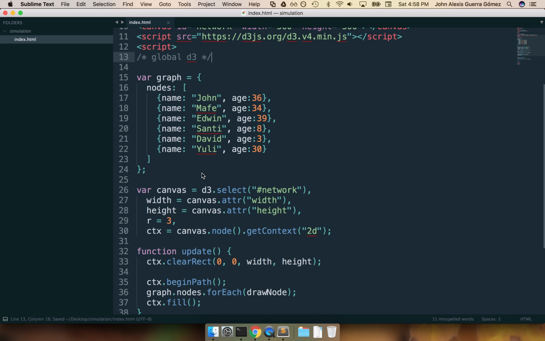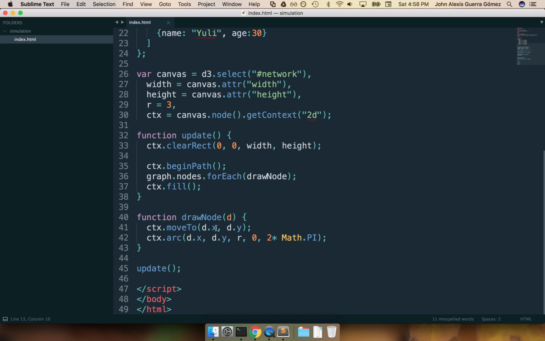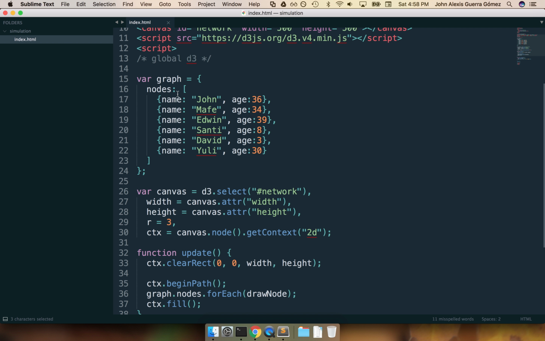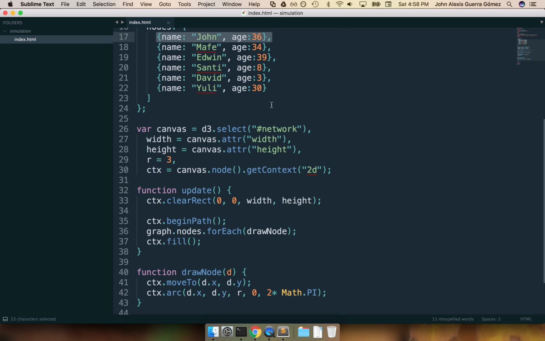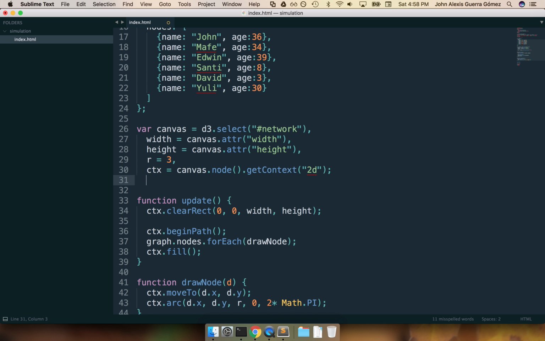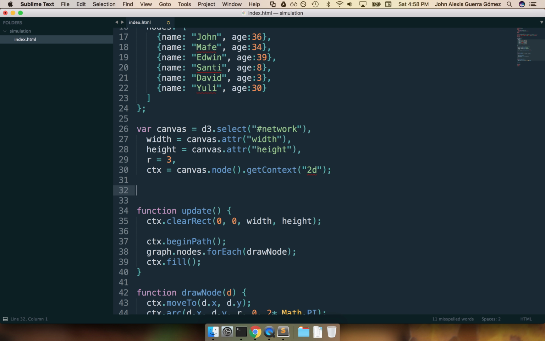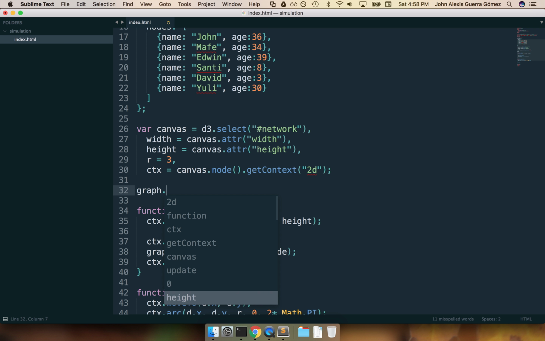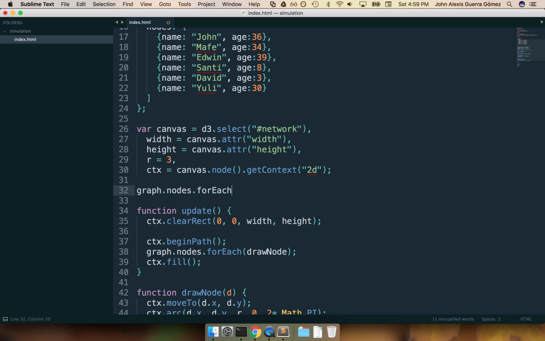And I think, oh, and we have a problem. So if you guys see in here, I'm using dx and dy. However, none of my objects contain any x or y whatsoever. So those are variables that are going to be controlled automatically by the simulation system, but since we are not using that yet, let me do a hack in here, and then for each one of my elements,